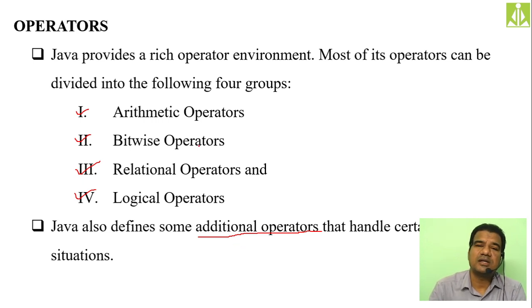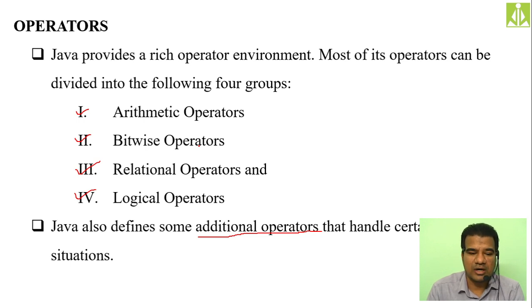Operator groups or operator types, we have different behaviors of these operators. We have unary operator, binary operator, and ternary operator. When I say these things, you might have understood based on what we are doing this division between the operators. The first, unary operator: why do we call it a unary operator? It is going to use only one operand to perform its operation, like unary plus, unary minus, increment and decrement operators. All these operators take only one operand to perform their operation. So we call them unary operators.